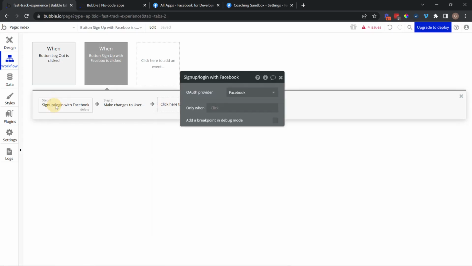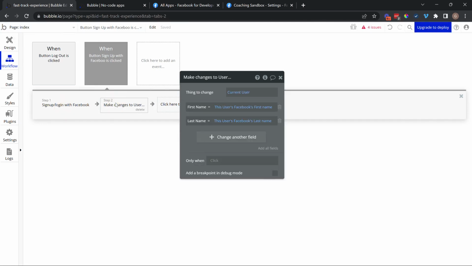This one right here, and that's this action. And you'll choose the OAuth provider. So we've only got one installed in this application. If you have others like Instagram or Google, you'll select that depending on the button. And as a result of this, they're going to be taken to that login page. When they come back, it'll resume the workflow and save whatever details, if you want to do this, to your